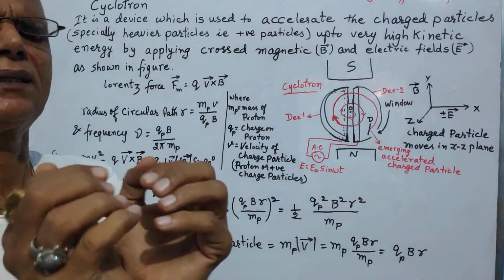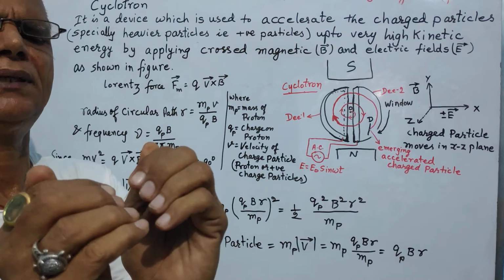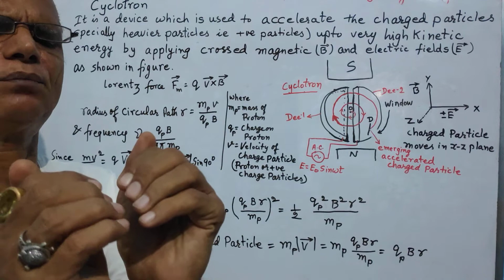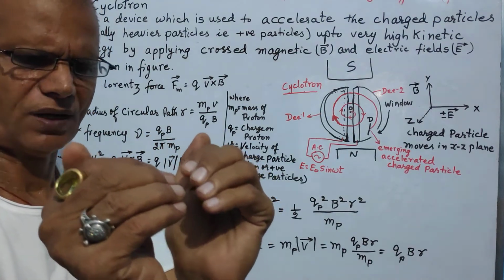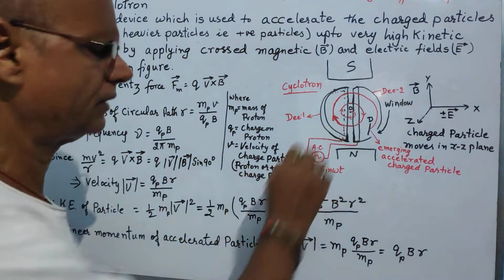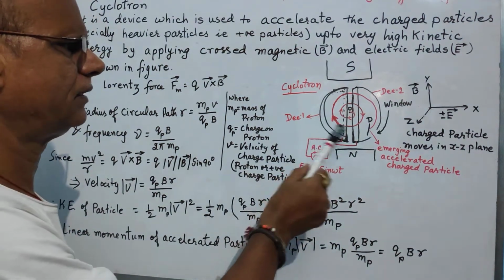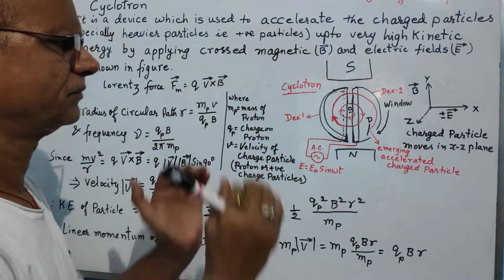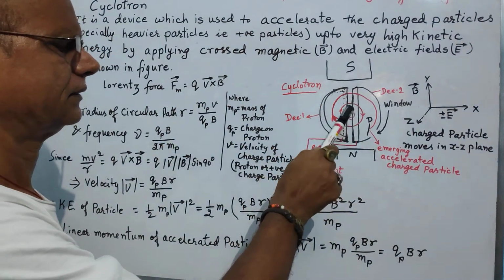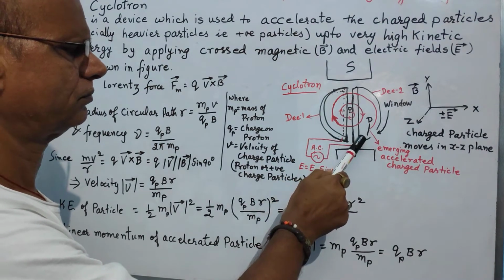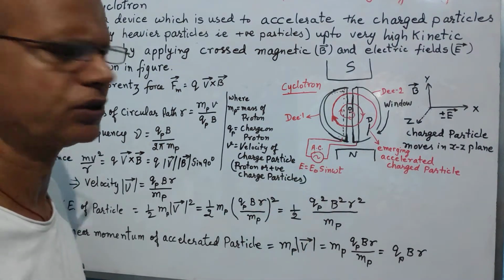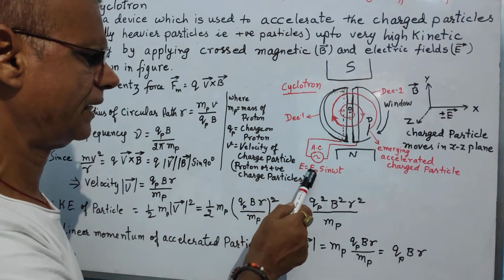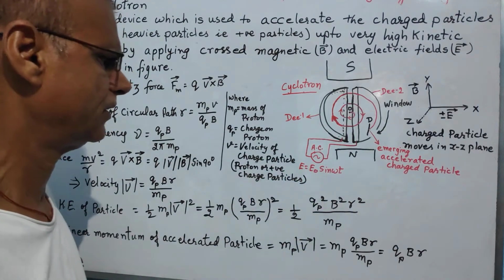Of course, it is circular, and there we leave a gap between the two pieces which we have got on bisecting the tiffin box into two pieces. These are called D's, and it is a hollow cylindrical container, and these two D's are connected to some AC source which has some frequency omega, and which is supplying EMF. Instantaneous EMF is E0 sin omega t.